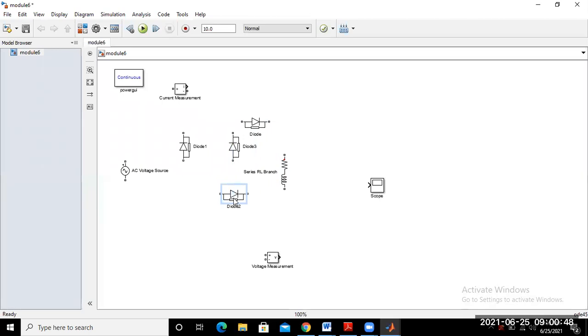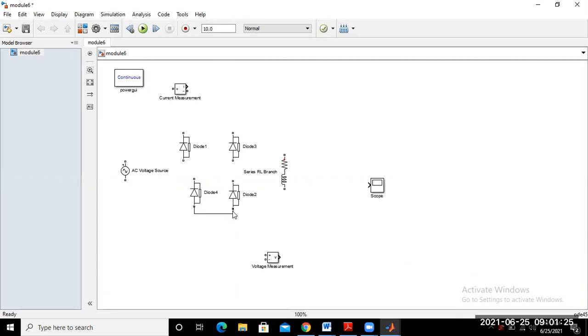So just drag here and press control R. So just rotate this one. And this diode is your number 4 diode. So just control and drag here. Okay. So with control and R, you are able to rotate the block. Okay. So this diode is your 4. Now just connect this diode this way.